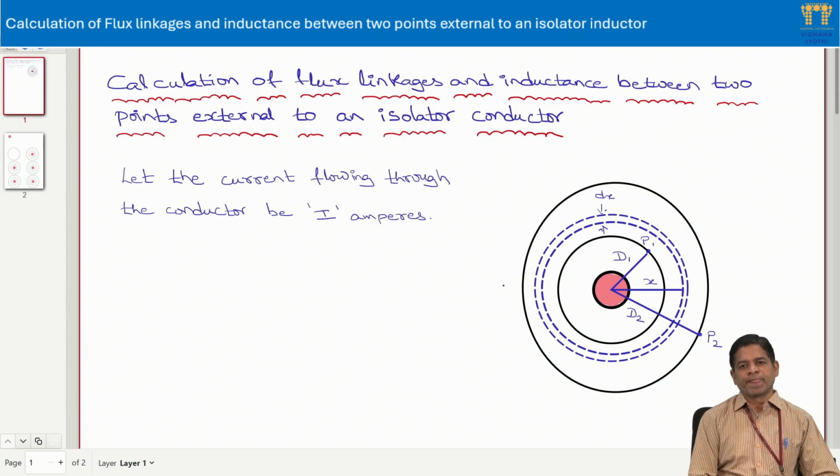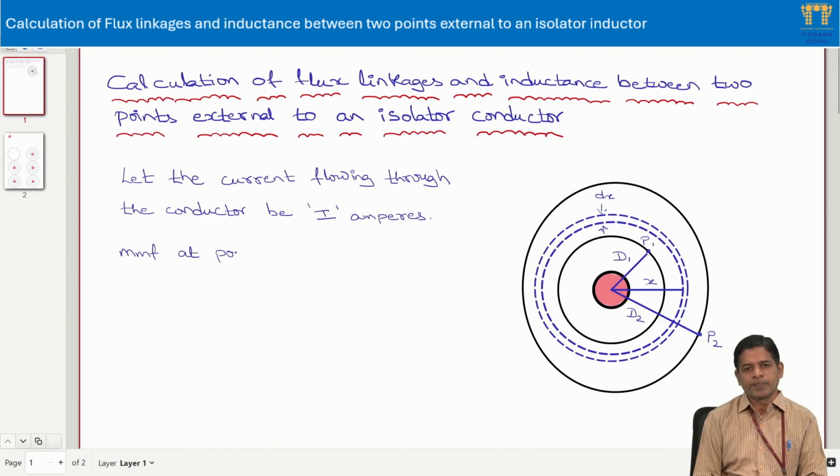Now, in that case, if I want the MMF according to Ampere's law, if I want the MMF at a point which is at a distance x meters from the center of the conductor,